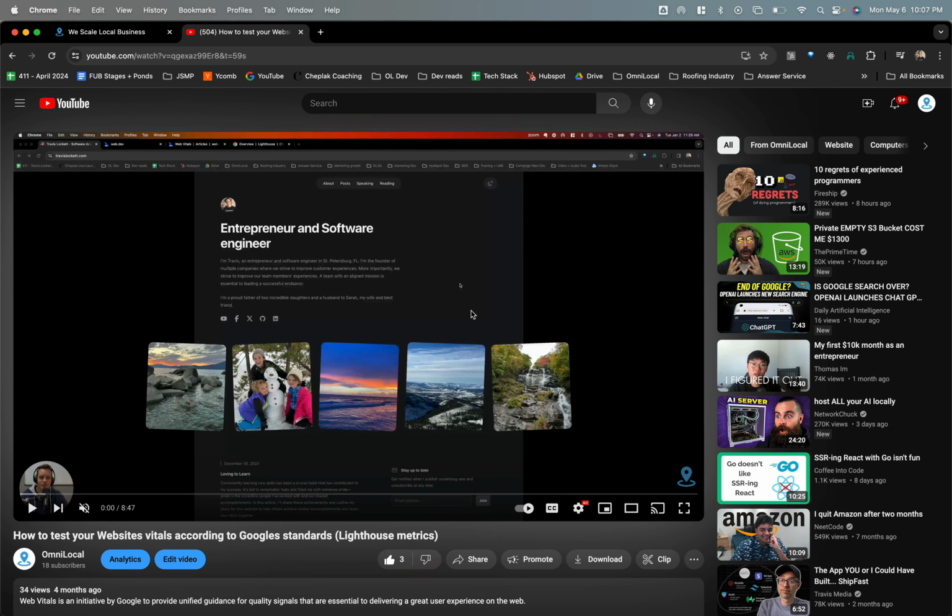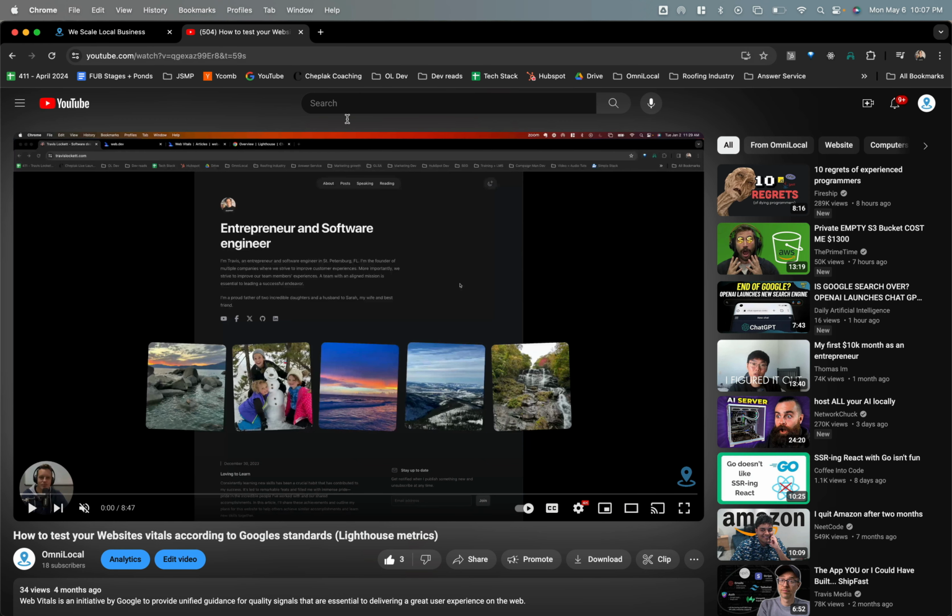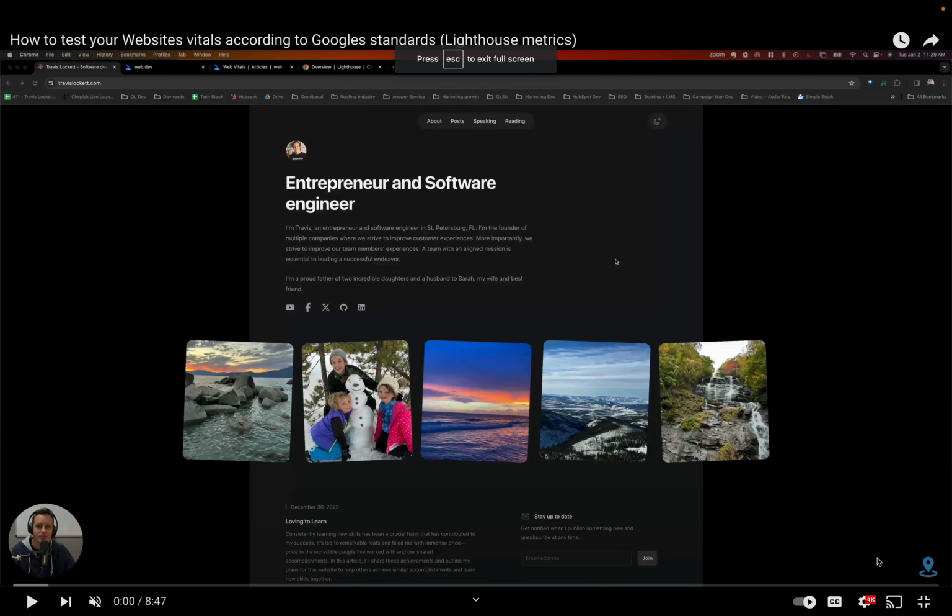But sometimes for me, I might be watching a video where I'm trying to recreate something or I'm following a tutorial. So I might have a new tab open, or I can hit Command T to open a new tab. So I can switch back and forth easier instead of having to go out of full screen and in